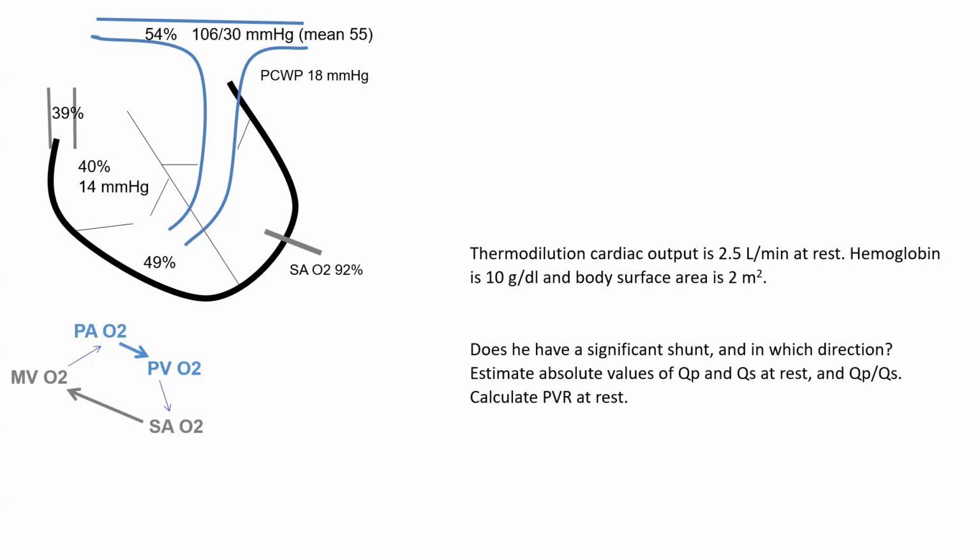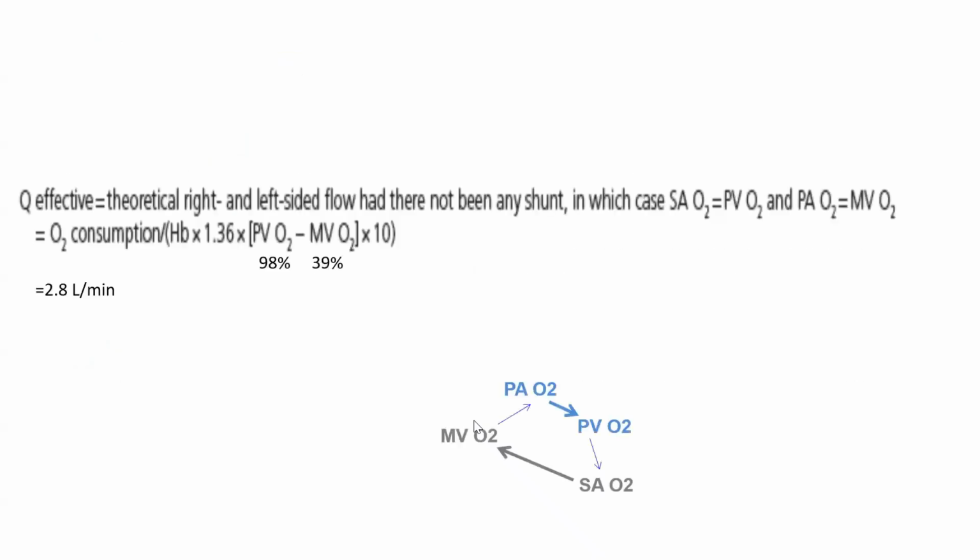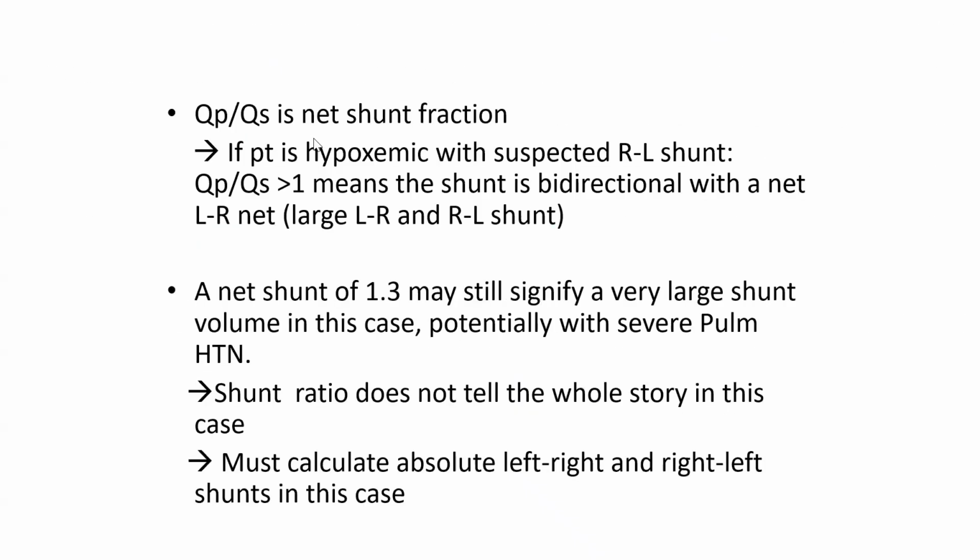So it doesn't seem bad, right? 1.2. How come you have a massive O2 step up, yet QP/QS is only 1.2? Why? This case shows you the downside of QP/QS. QP/QS is a net shunt fraction. If the patient is hypoxemic with suspected right to left shunt,